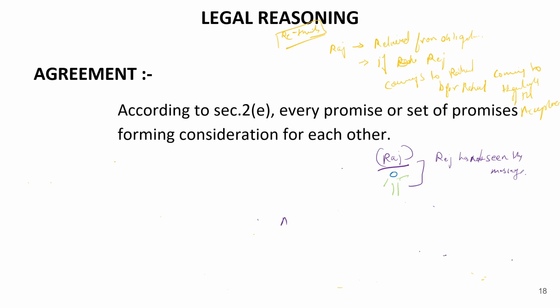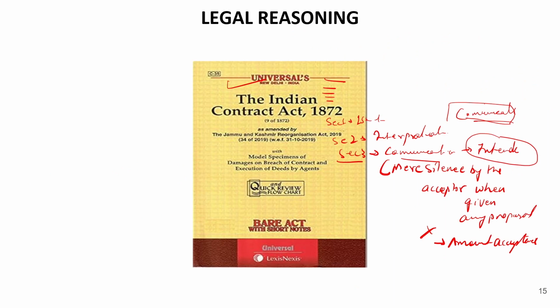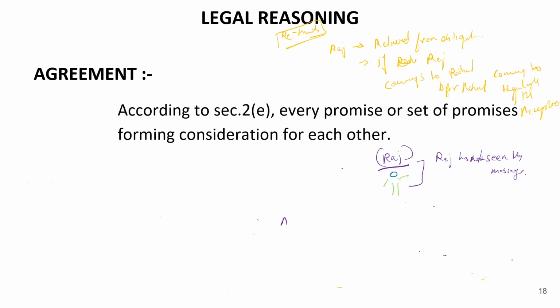So section 4 we have understood. Section 4 of the Indian Contract Act talks about when communication is complete. And I suppose you now have thorough knowledge of how an offer is communicated from the offerer to the offeree. It is very important for the offeree to have knowledge of the offer that is being made and how the acceptance is being made. You can go through section 4 in the bare act. This is the bare act I'm talking about, and kindly go through section 4.